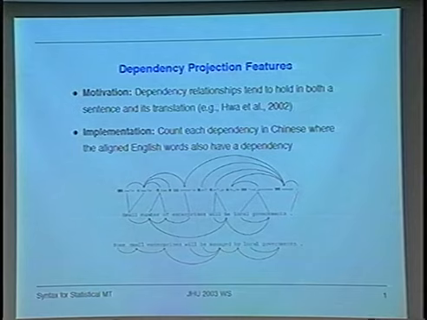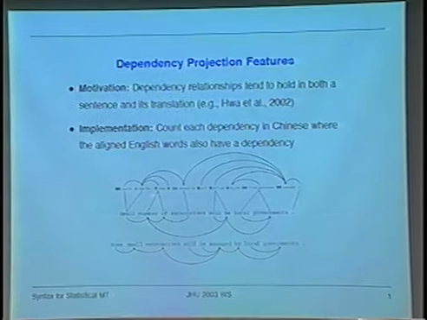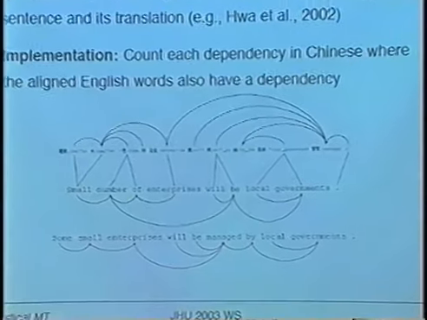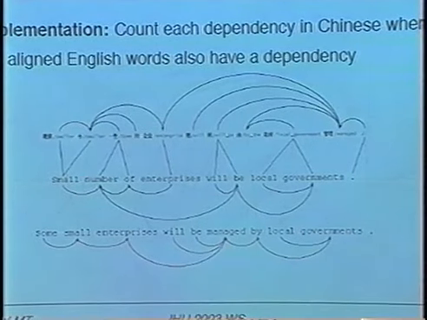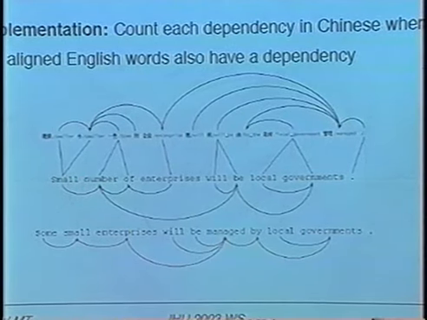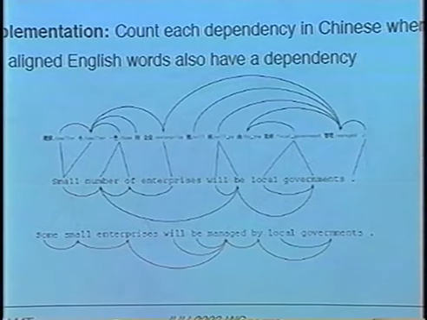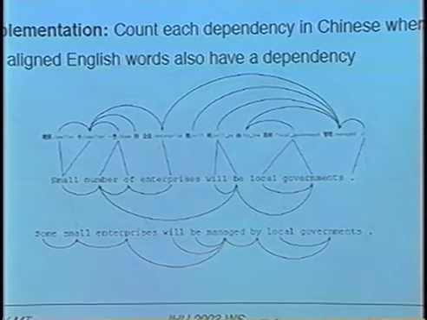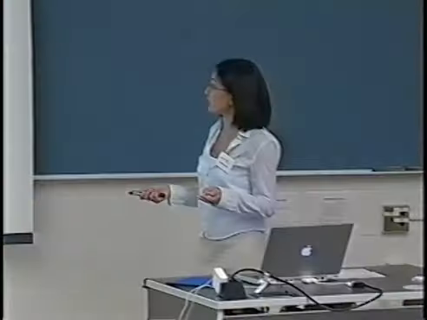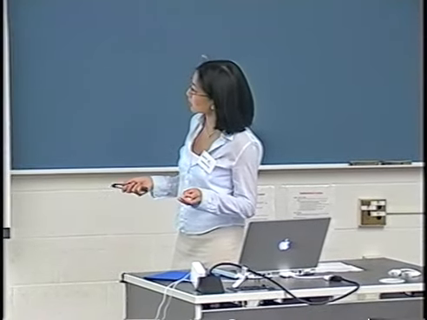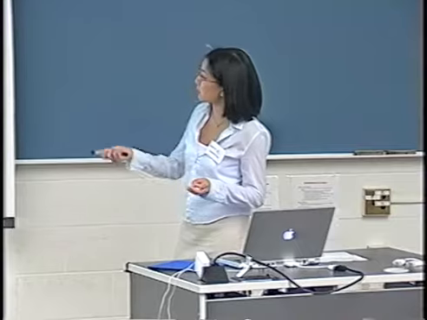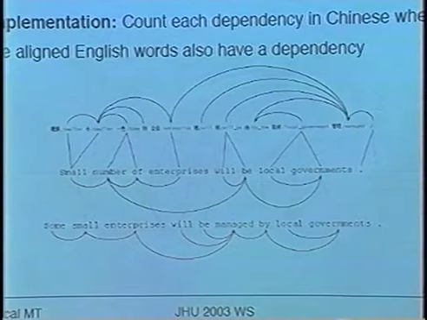The top is the Chinese sentence, and each arc is one dependency link. And here is the produced sentence from the baseline MT system. As you can see in red, there's only one transfer dependency, so it's possibly not a very good candidate. When we combine this feature with the baseline features, it produces this sentence. It prefers this sentence, which has a much stronger correlation with the original sentence dependencies. And if we read the sentence, it's much more fluent and captures the meaning better.